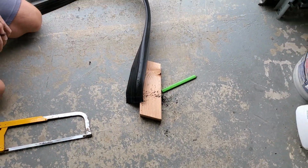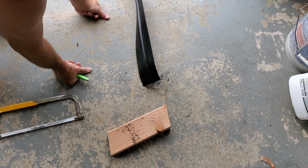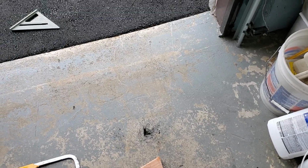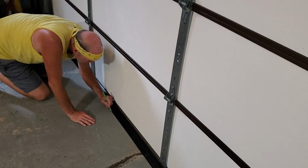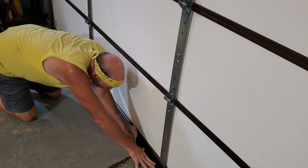This was kind of difficult. Not difficult, but it was kind of a pain. Definitely a two-person project, I think. You just need somebody to hold things. You're going to be opening and closing the garage door. And once you have it lined up,